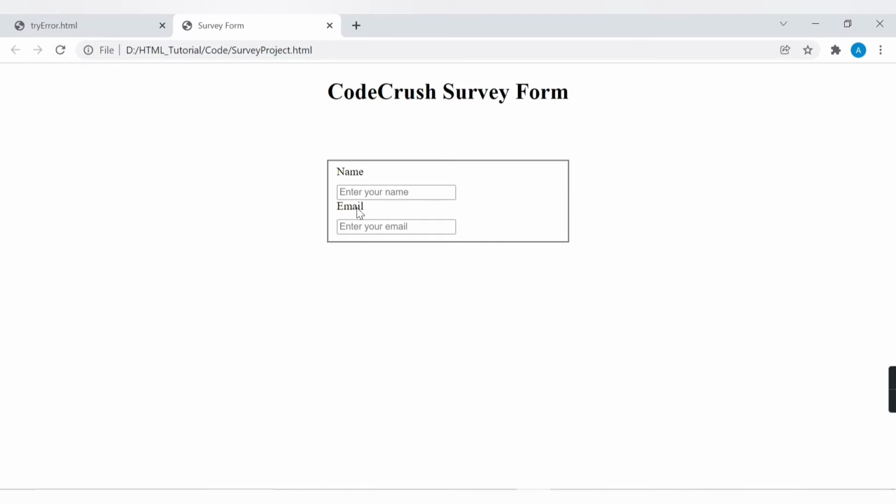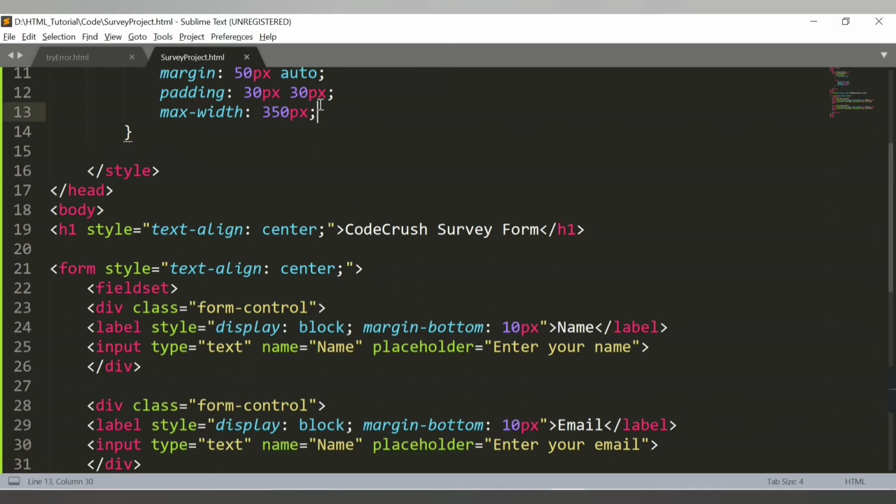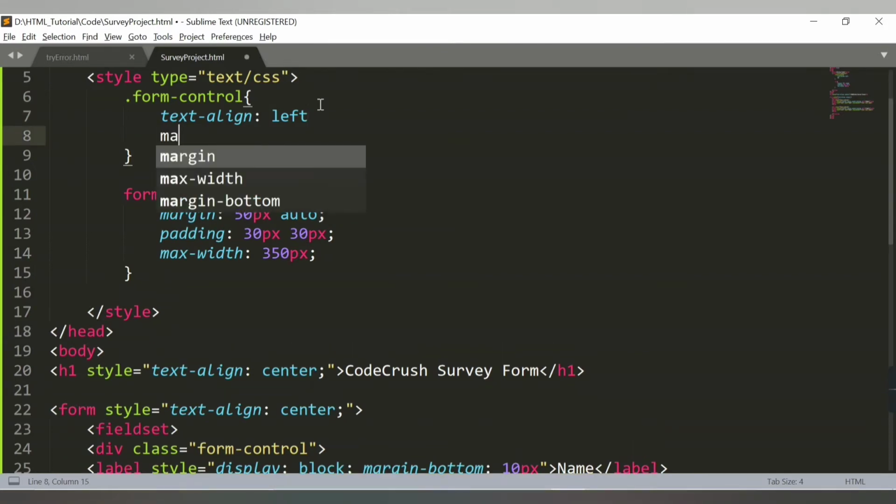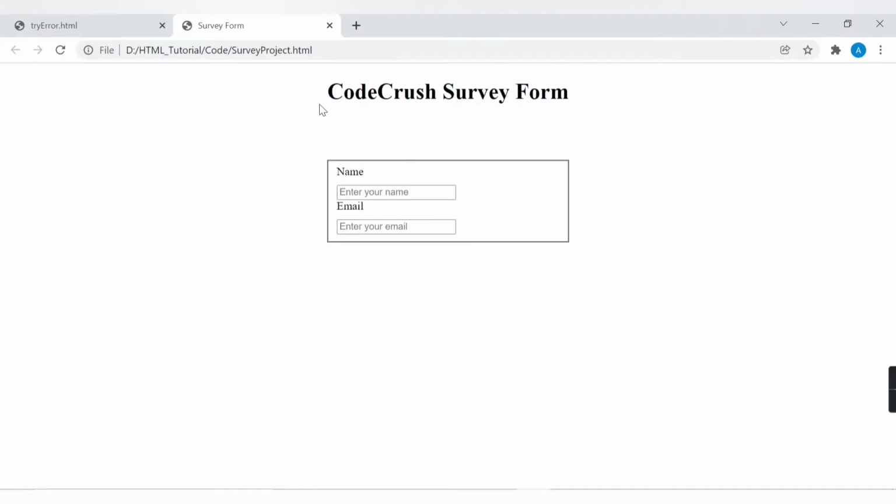So what we need to do here now is we want the space between this text box and this email as well, right? So how can we add that particular space? In dot form control, as we have provided the class here, you need to say margin bottom, so it will add margin to the bottom. Margin bottom, let's say 25 pixel. If we check now, oh, it has been moved to the right position.